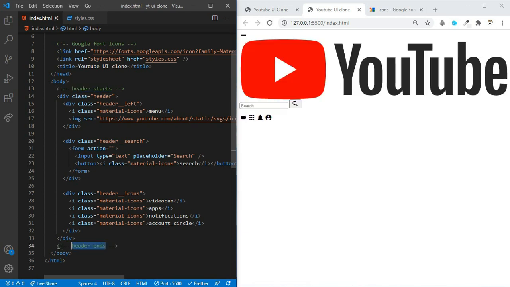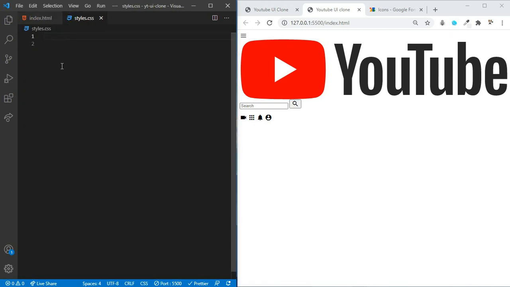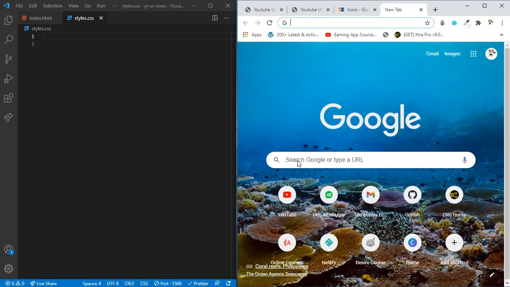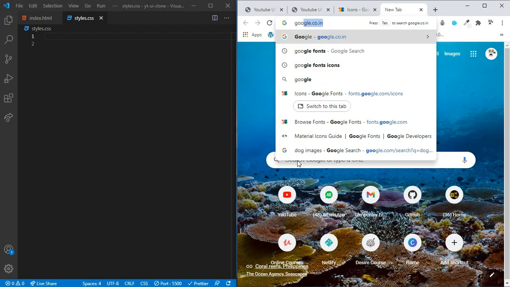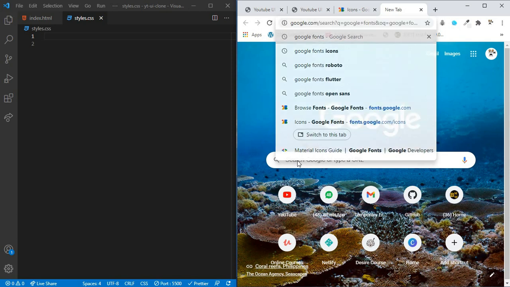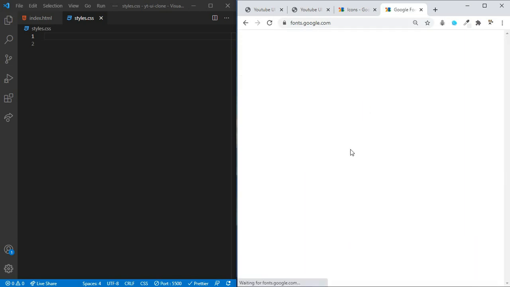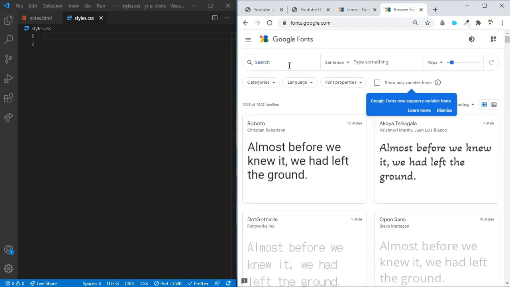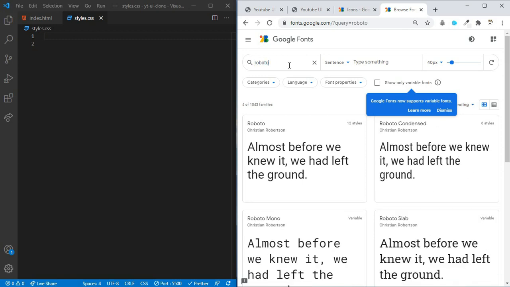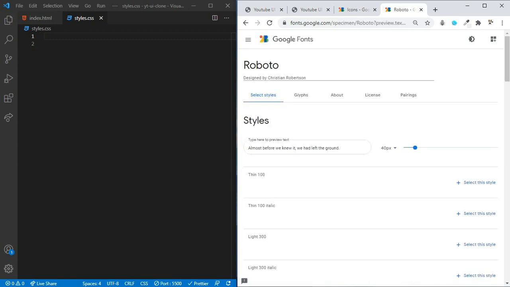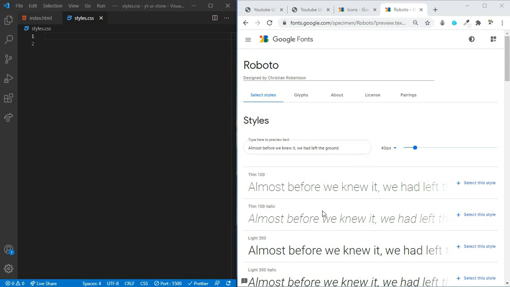Okay. Now let's start by styling this header section. We will be using a custom font that is Roboto. That's the one YouTube uses in their website. So let's import that first. Let's head over to Google Fonts. Let's search for Roboto. We will be using the 300.